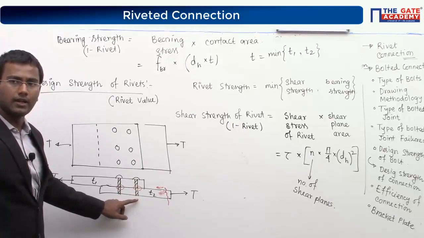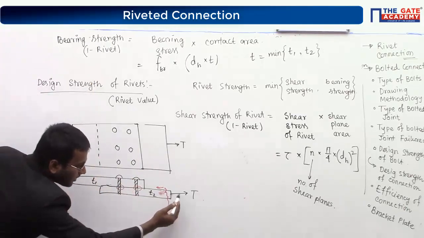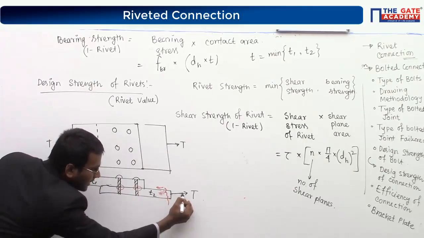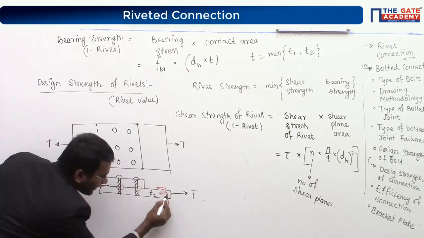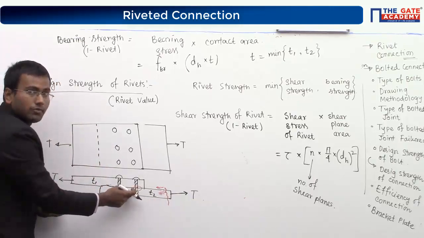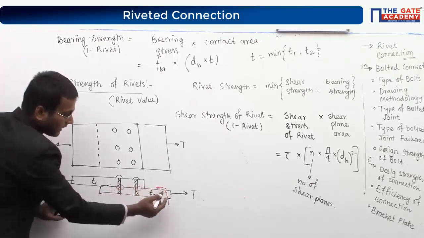Here I have to consider the free body diagram. So what is the concept? Free body diagram means, see what I have done here. Look at the figure. You are applying the tensile force T here. So there will be an opposite direction force. Right or wrong? There will be an opposite direction force, like this way.